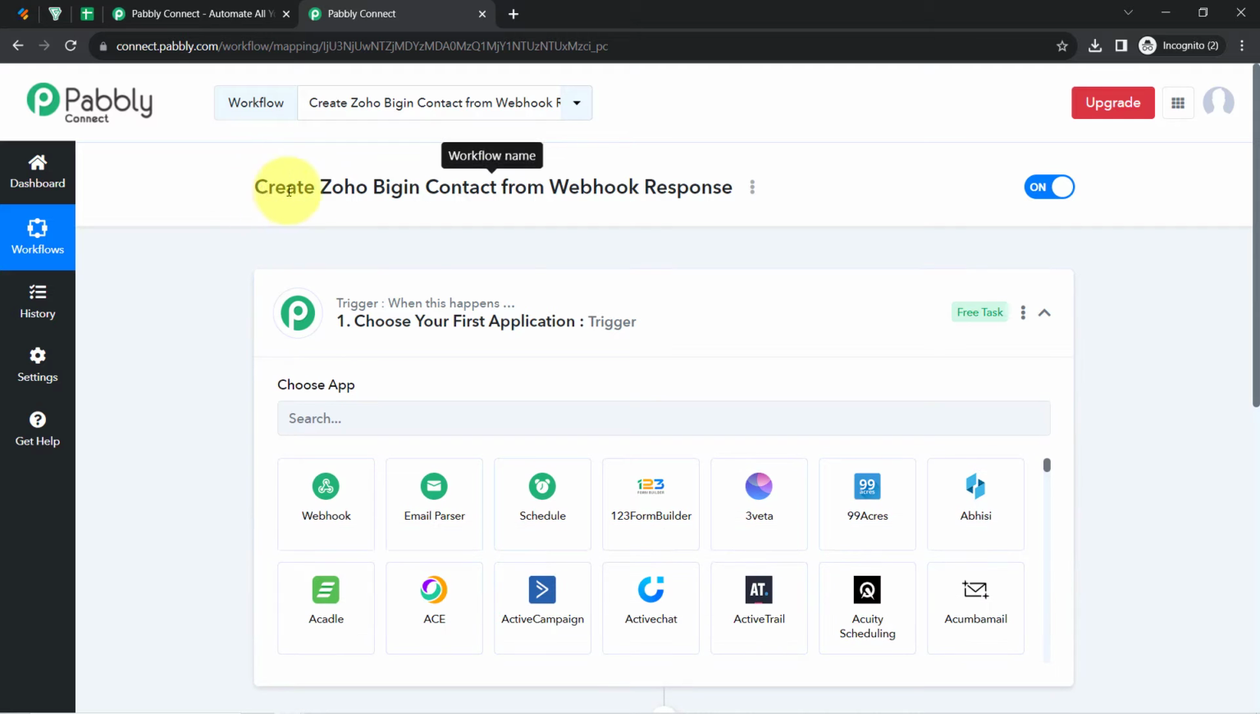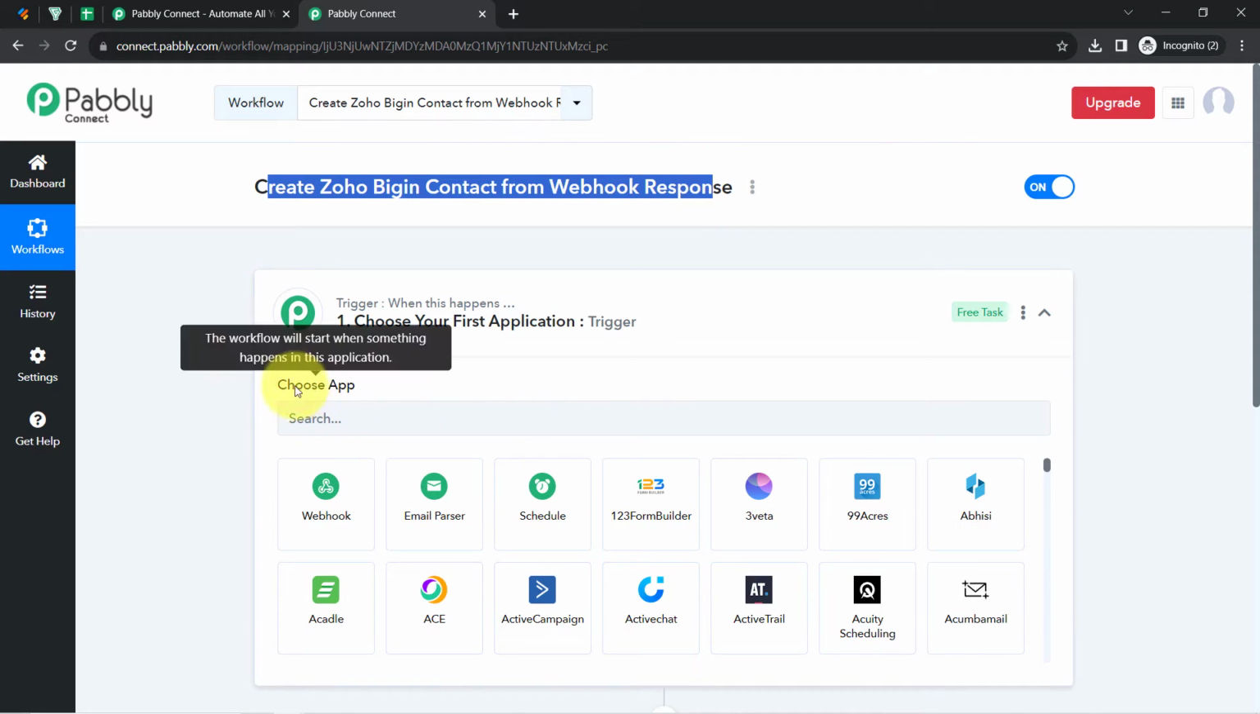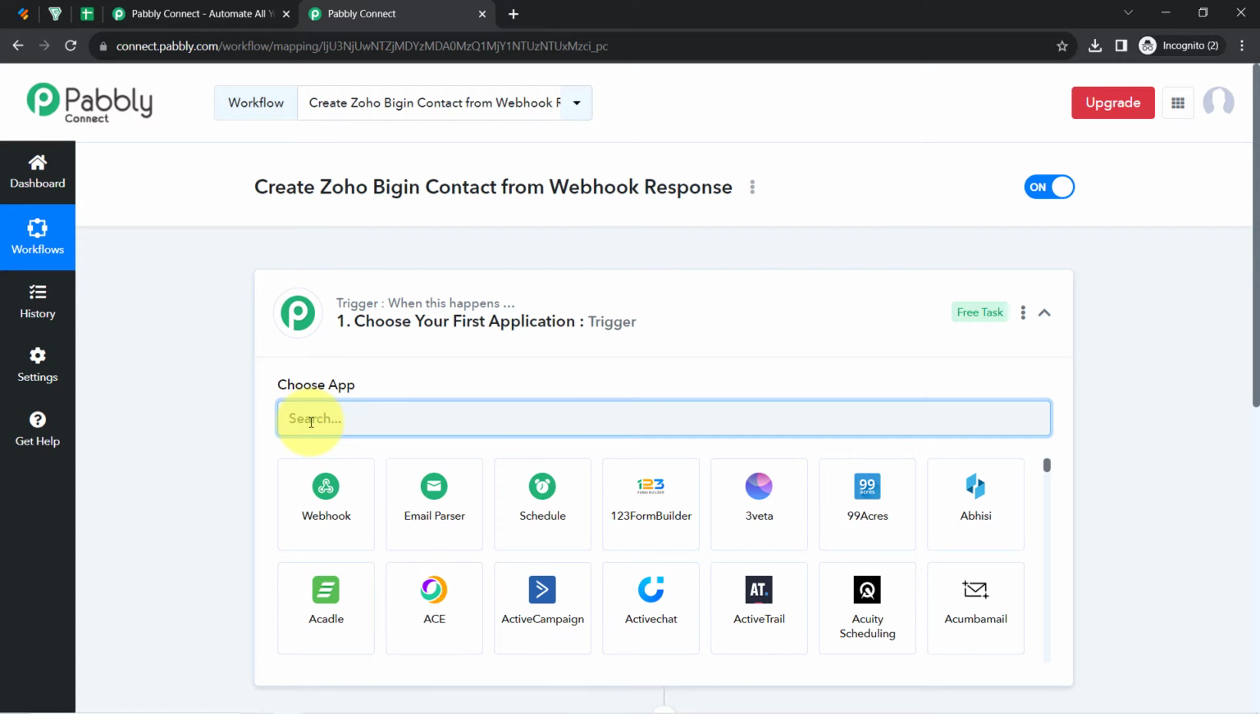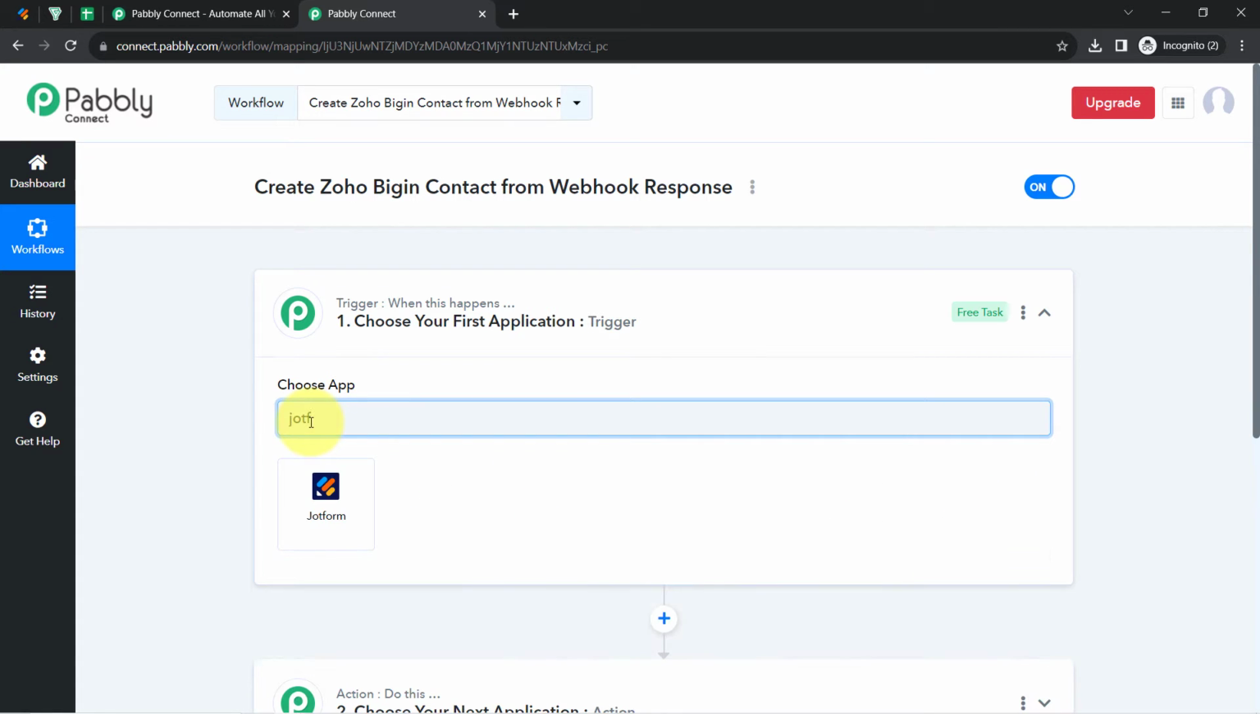Okay, but according to our use case, instead of selecting any application here, I will search for the Webhook, because my topic is create Zoho Bigin contact from Webhook response. Okay, but before I select Webhook and connect to my Jotform application with the help of this Webhook URL, let me tell you, Jotform already has an active integration with Pabbly Connect. Okay, so if you search for the Jotform application here, you can directly connect to Jotform with Pabbly Connect,